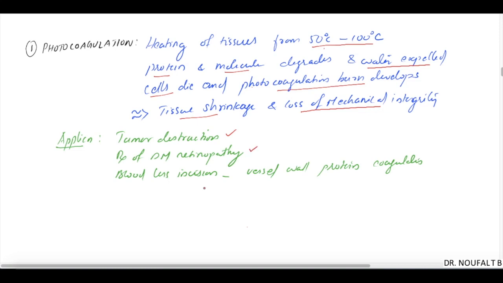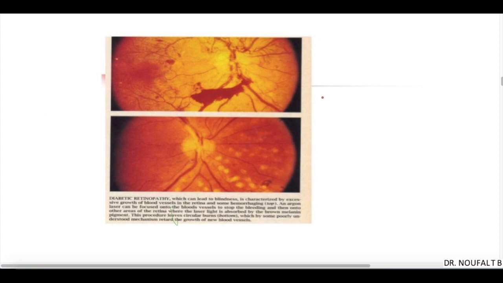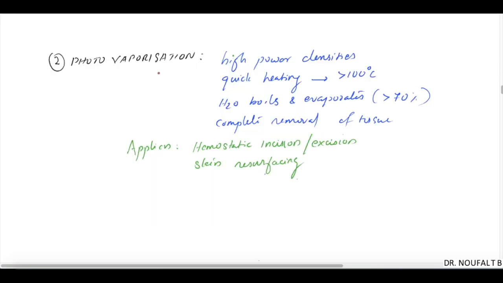Bloodless incision can be made with the help of this tissue reaction because there will be coagulation of protein in the vessel wall. Here you can see the image of a patient with diabetic retinopathy which was treated with pan-retinal photocoagulation. Next is photovaporization. Here higher power densities of laser are given to the tissue so that there will be quick